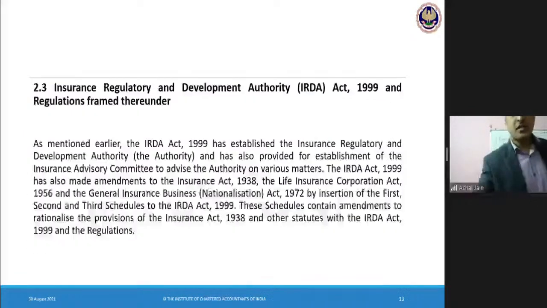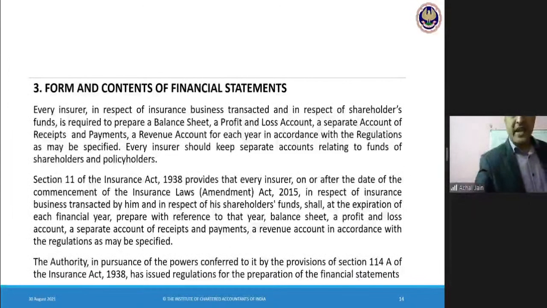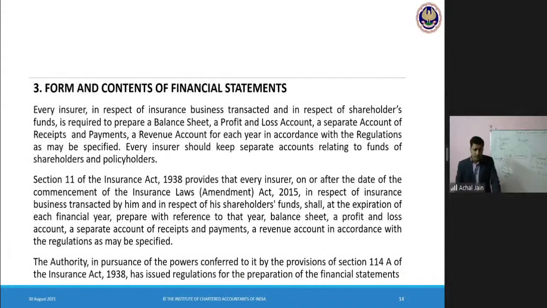Now, as we discussed about the ADA, the ADA Act is applicable to insurance companies, and it has various provisions. We will not get into the technicality of each and every provision. That is not very relevant to us. Now moving further on to the very specific aspect which we need to focus on, the form and content of the financial statements of an insurance company. Now, unlike what you see in case of any other company,